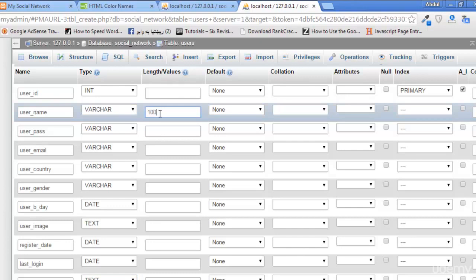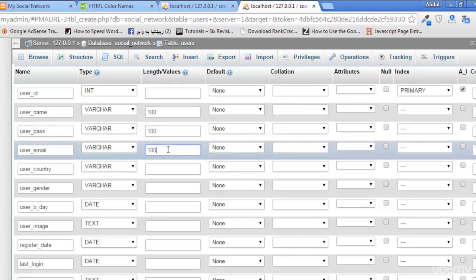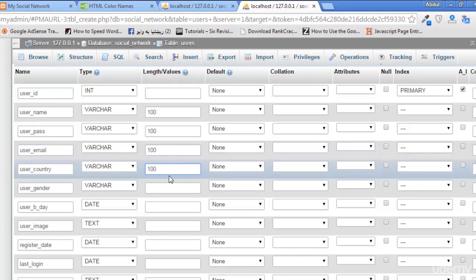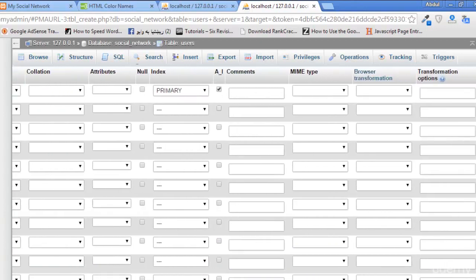The length will be 100 characters, 100. For birthday we will not add anything, this will also be 100 characters, and the last one 100 characters. That's it. Now just come here,